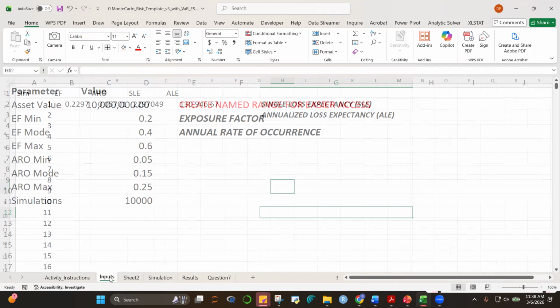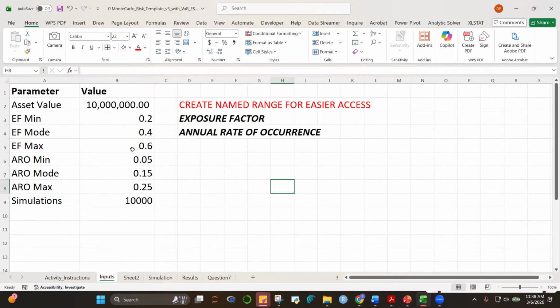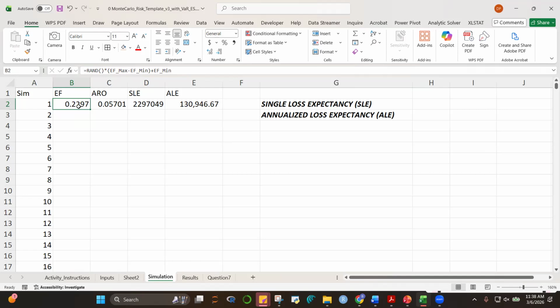Kasi, ang maximum niya class is 0.6. So, there will be no value greater than 0.6 here and no value lower than 0.2. Okay, if I check, yan yun, no? Walang tumataas ang 0.6, di ba? Walang bumababa ng 0.2. So we are within the range for EFs that we specified.